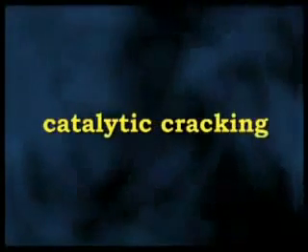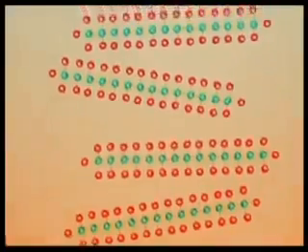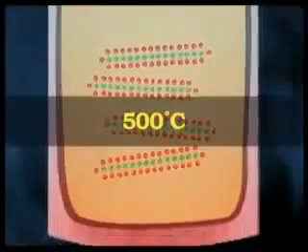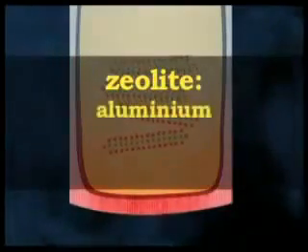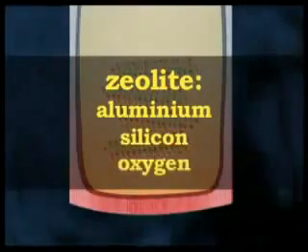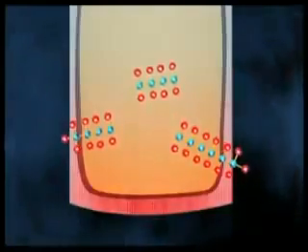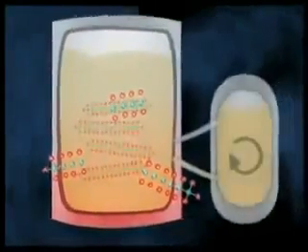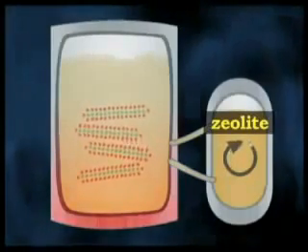The most effective process in creating lighter alkanes is called catalytic cracking. The long carbon bonds are broken by being heated to around 500 degrees Celsius in an oxygen-free environment in the presence of zeolite. This crystalline substance, made of aluminium, silicon and oxygen, acts as a catalyst. A catalyst is a substance that speeds up a reaction or allows it to proceed at a lower temperature than would normally be required. During the process, the catalyst, usually in the form of a powder, is treated and reused